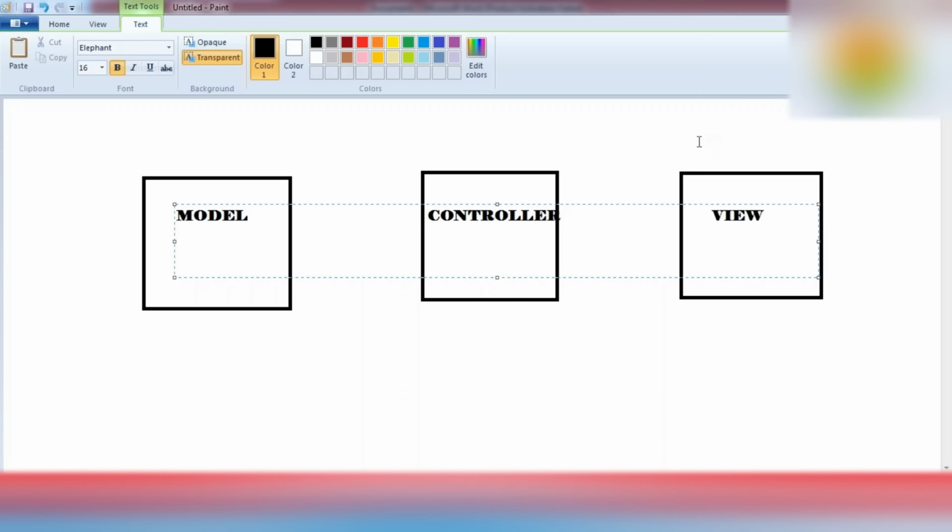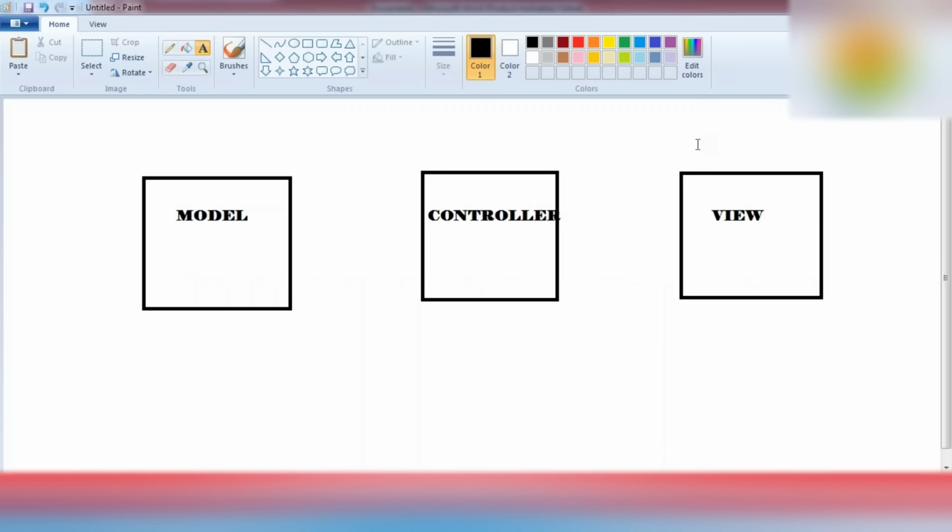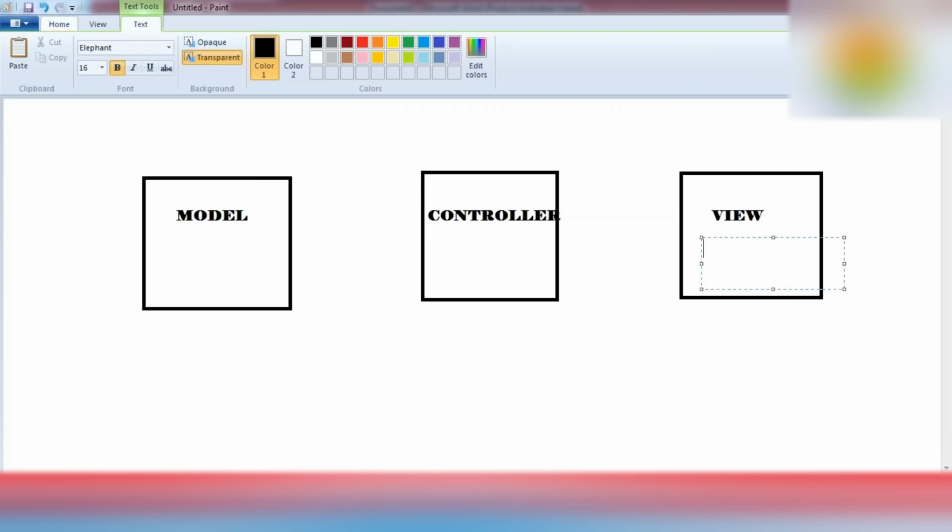View is nothing but whatever we will see in the browser, whatever the user can see or interact with, that is called the view, the output screen.